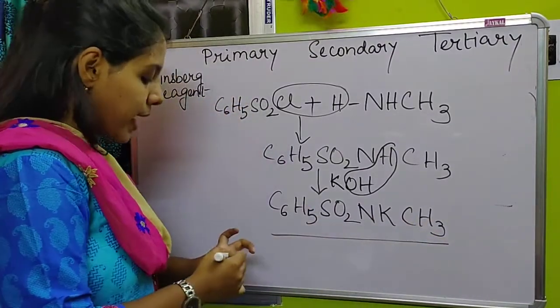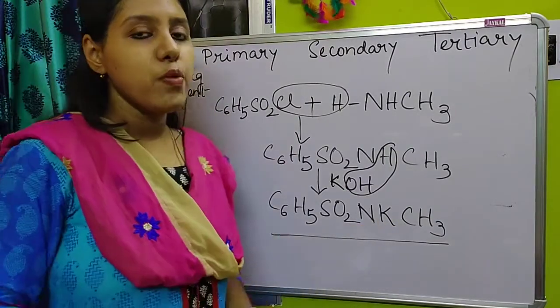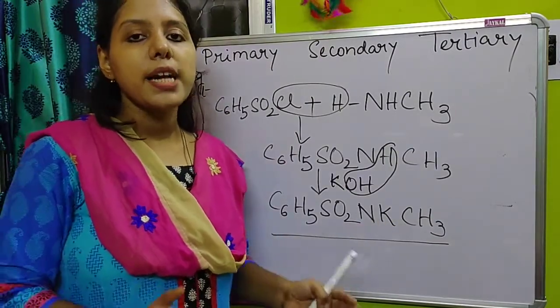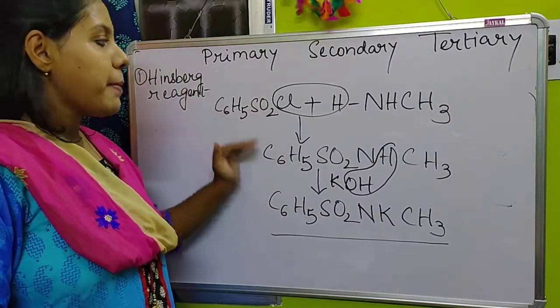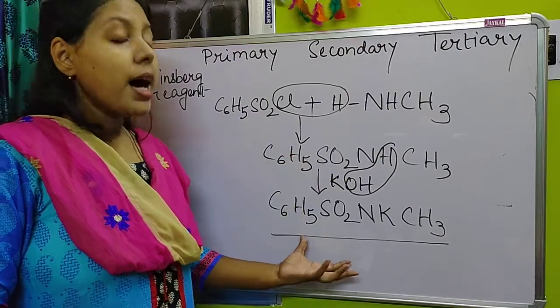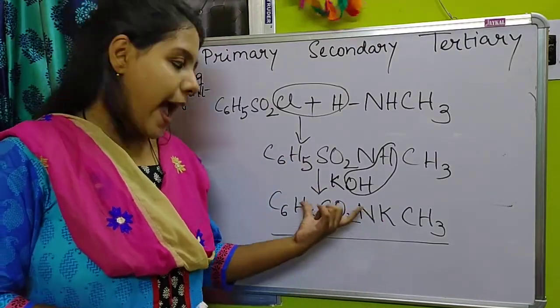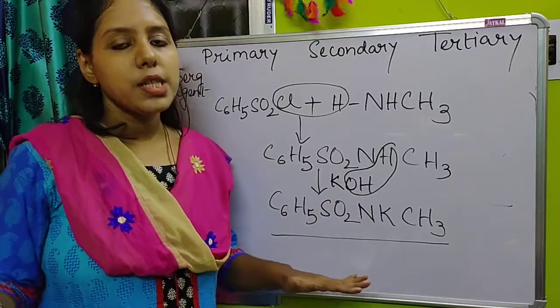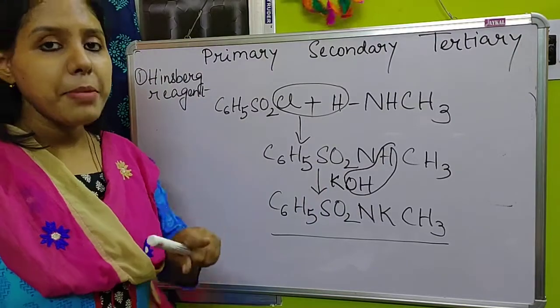So as it is making a salt with potassium hydroxide, this compound will get dissolved in the alkaline solution. So when we are creating the primary amine derivative with this compound, finally we will get a clear solution, because the salt obtained at the final step will get dissolved in the solution. So that is the case for the primary amine.